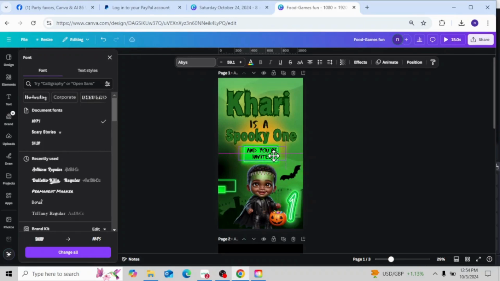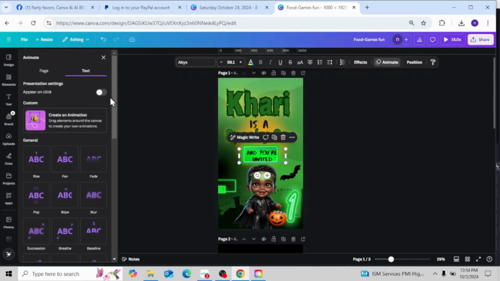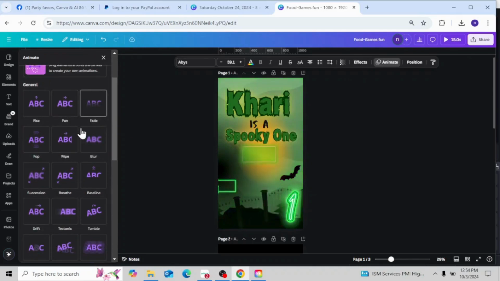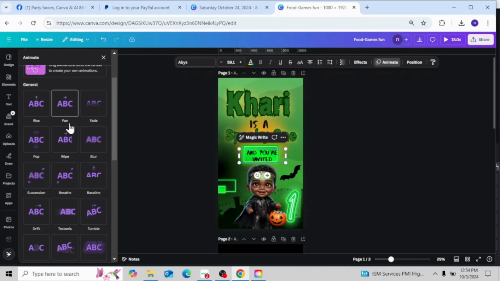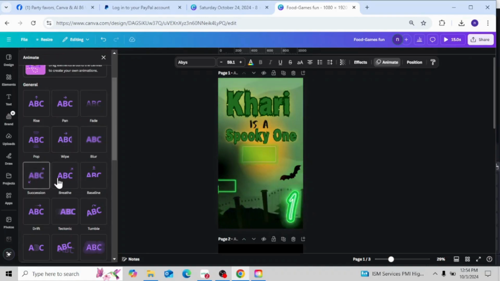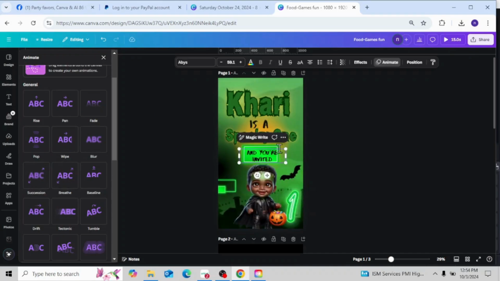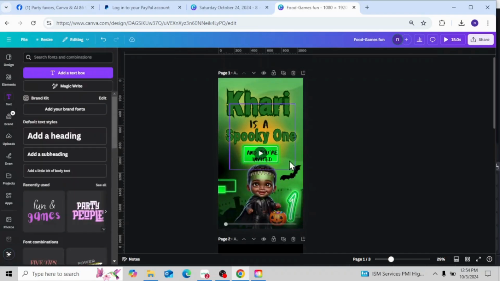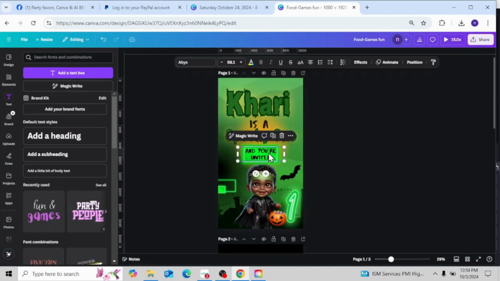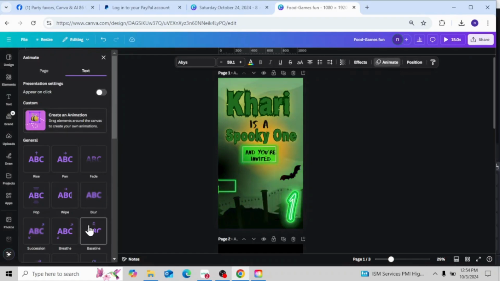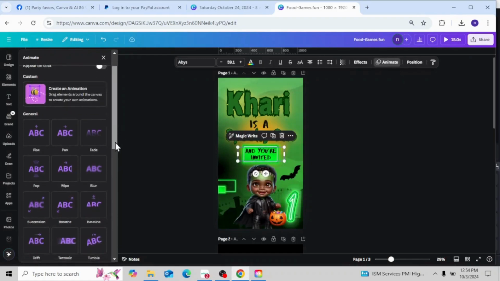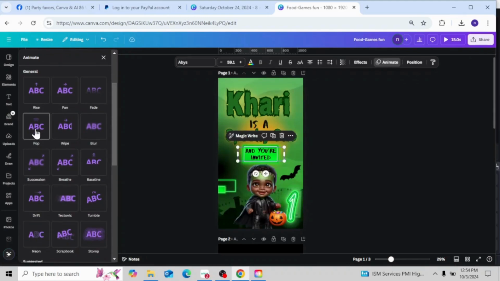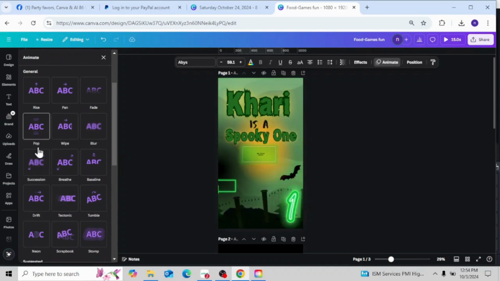And if you want to add an animation to that, you can click that, click the animation button, and all of these are your animation options here. So I'm gonna make sure it's the text that I got clicked on. So make sure you get on the text. And it gives you a preview of what that text will look like with the animation that you want to select. That's why I liked it, because it gives you a preview of what it'll look like. So I think I'm gonna just click